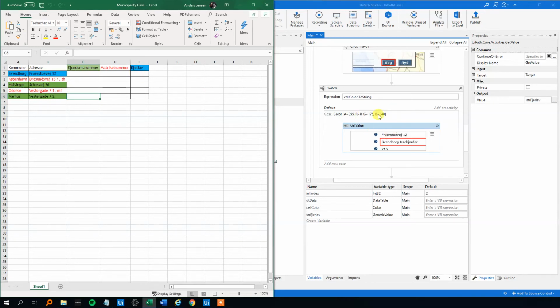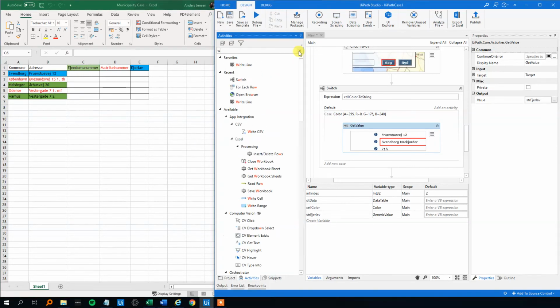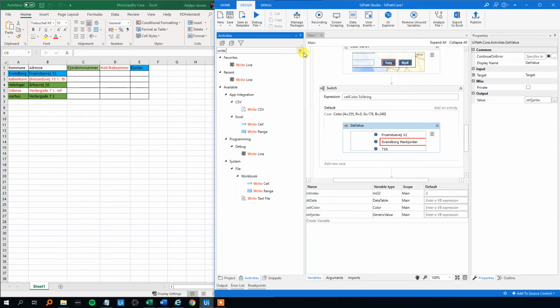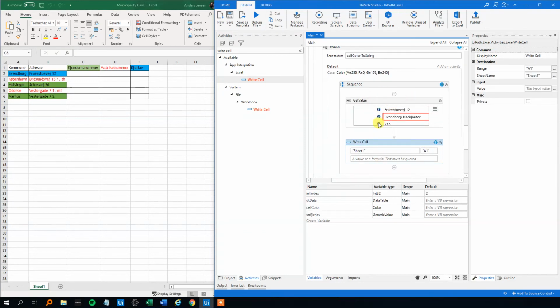So we know we're here, we know we're in the blue one, and we know so whenever we're here, we know we want to update the I allow column. So then we just find a write cell here, the Excel one, and then drag it under. So now we can update the cell in sheet 1, and the value that will be the str I allow